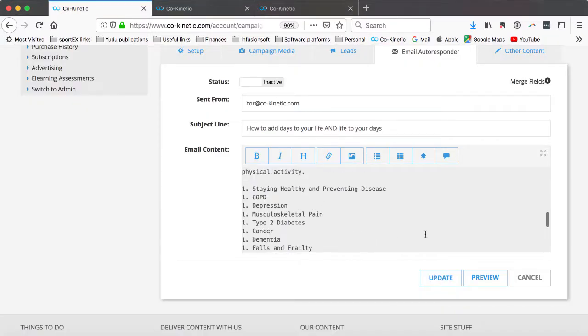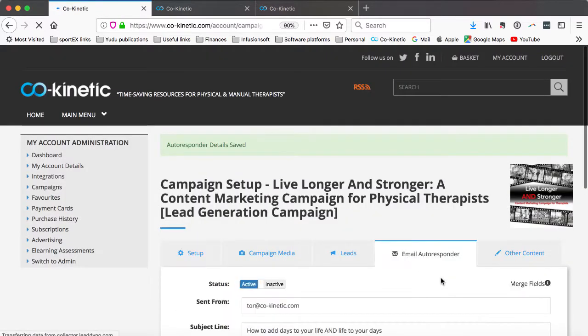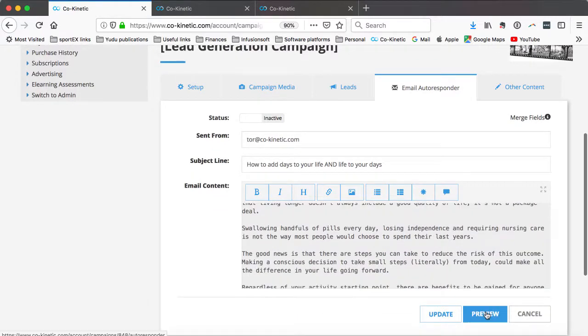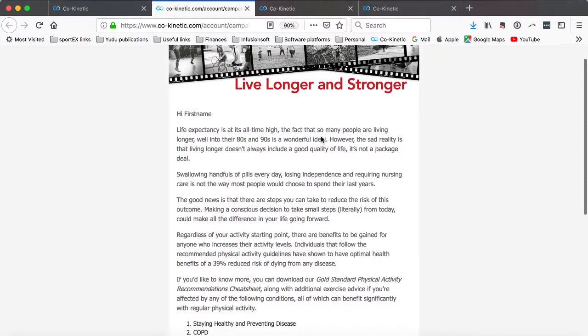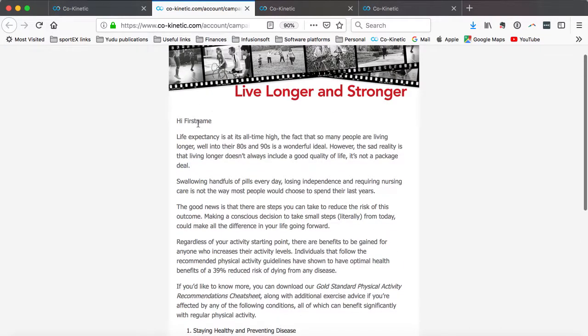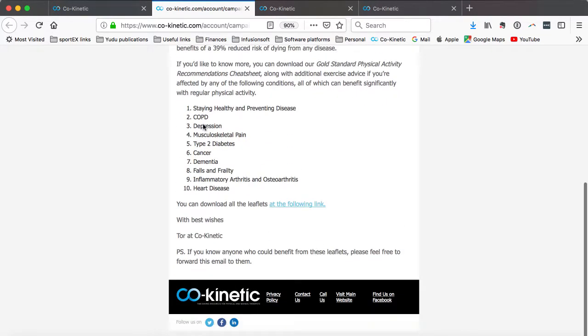One thing you do need to do is click update for this to load into your system. So before you preview, just click that update button and then click preview, and it will take you to a web page version of the email. So you get an idea, this first name will be merged in dynamically, and you can just test that everything is right, the bullets are working, the links are working, and you can see what I mean about the custom footer,